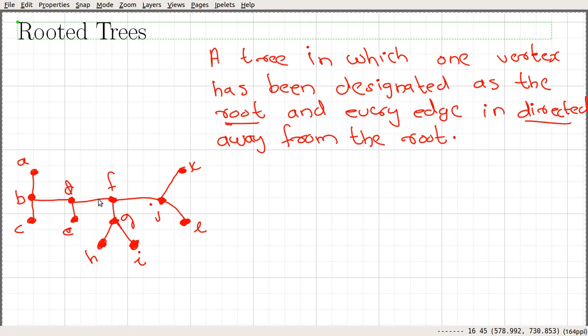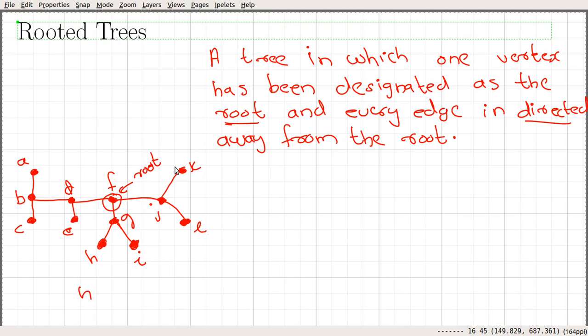Okay, let's consider this graph. Let's call this graph G. Okay, so here we can see that this graph is a tree. It is a connected acyclic graph, but it is not a rooted tree. Okay, in order to make this particular tree a rooted tree, what we do is we will designate one vertex as a root. Okay, so let's take this vertex F and designate that F as